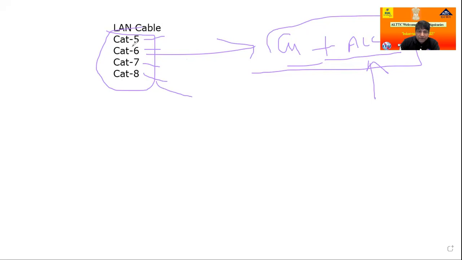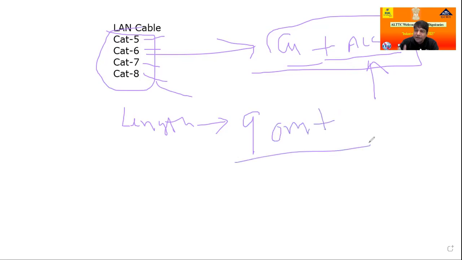Either Cat 5, Cat 6, or Cat 7, the length of all the cable is the same. This is the practical length, not the length on the box. Keep in mind, all cable is 90 meters only. The distance drawback of all these cables is 90 meters, but in a local campus it is compatible for local user connectivity. Very easy.